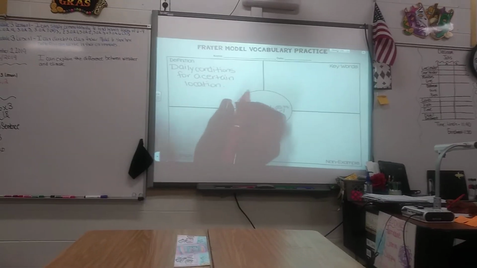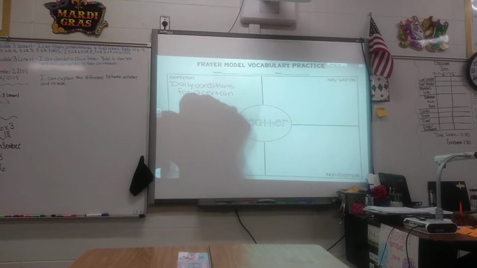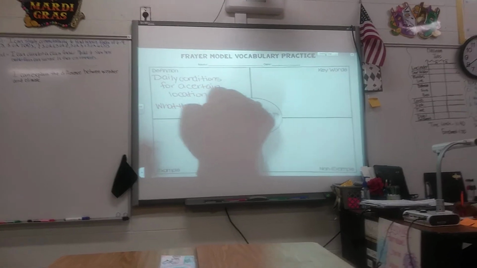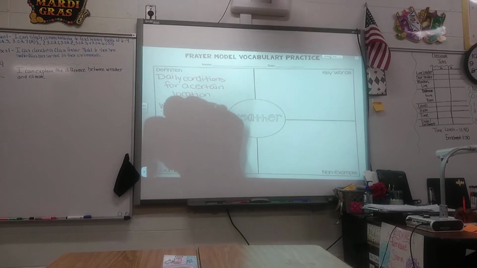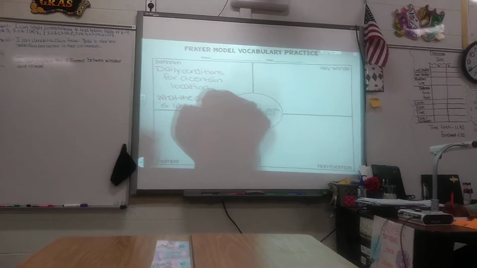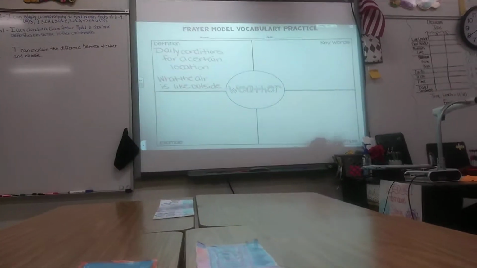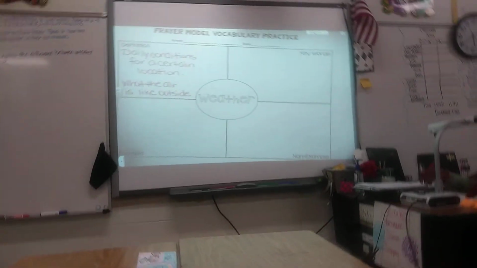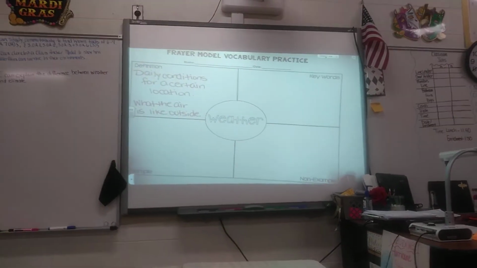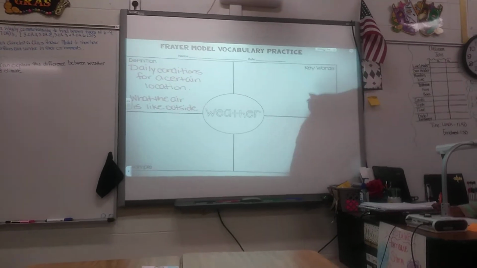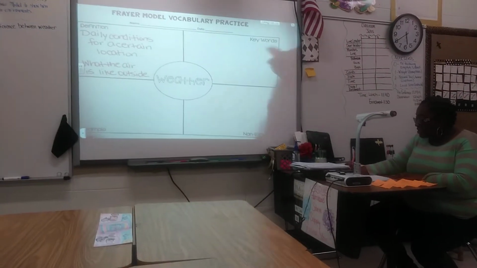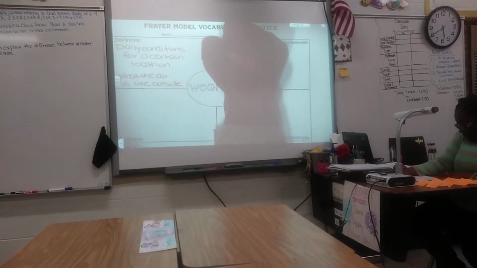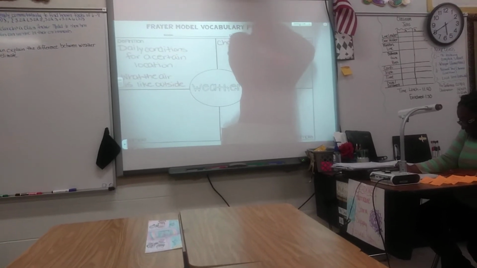In other words, it is what the air is like outside. Okay? So, some characteristics. I'm going to just draw a line here through keywords, and I'm going to replace that with characteristics